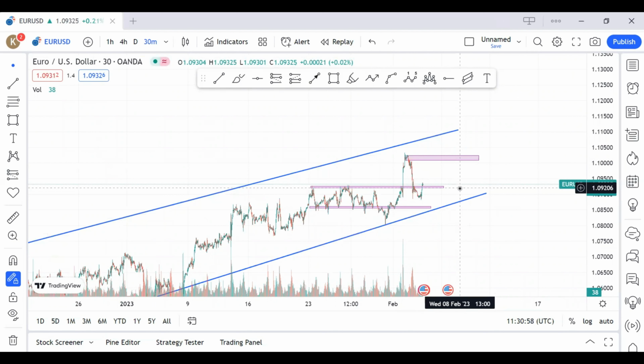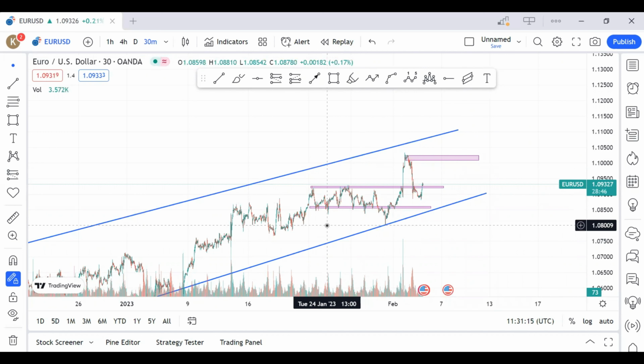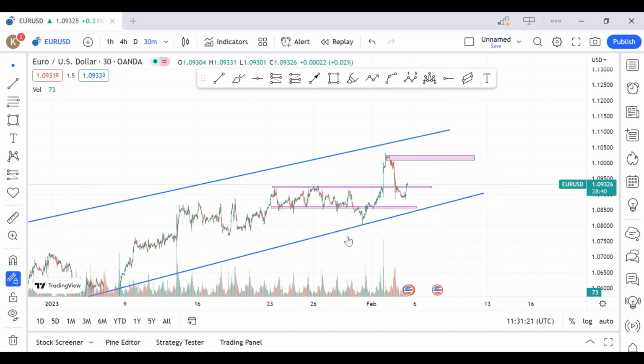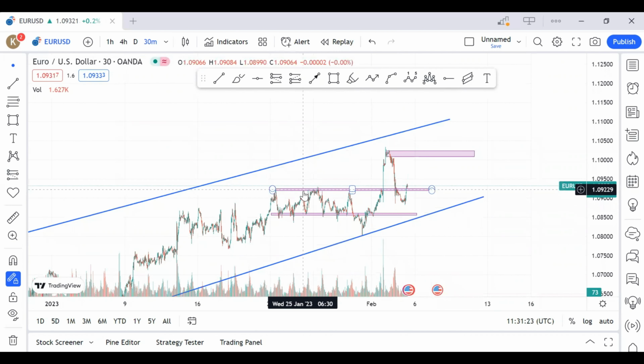Now we're following a different structure here. Knowing that the market has been moving in a bullish momentum or a bullish structure, we now know that it has to come down at a certain point, at a certain time, and break the structure that we're having to continue to the downside. But for a scalping on a 30-minute time frame, I would say that this market is on a buy trade. The reason being that we can see that at this resistance here, first touch, second touch, third touch, fourth touch,